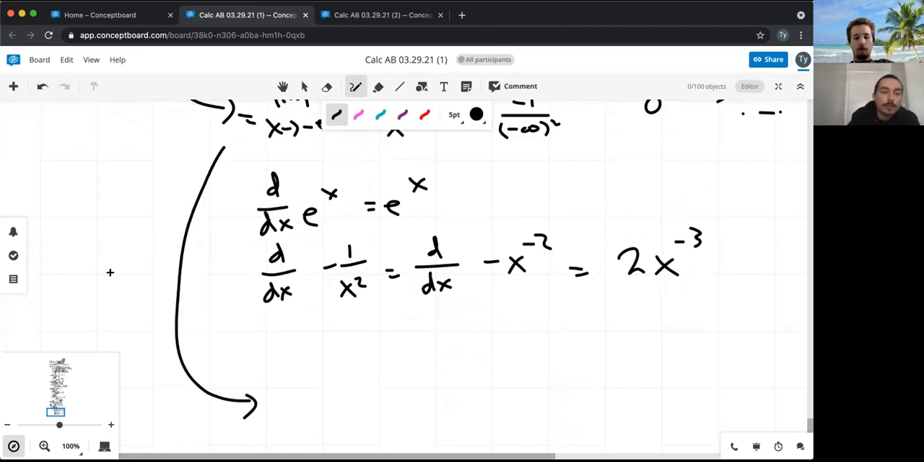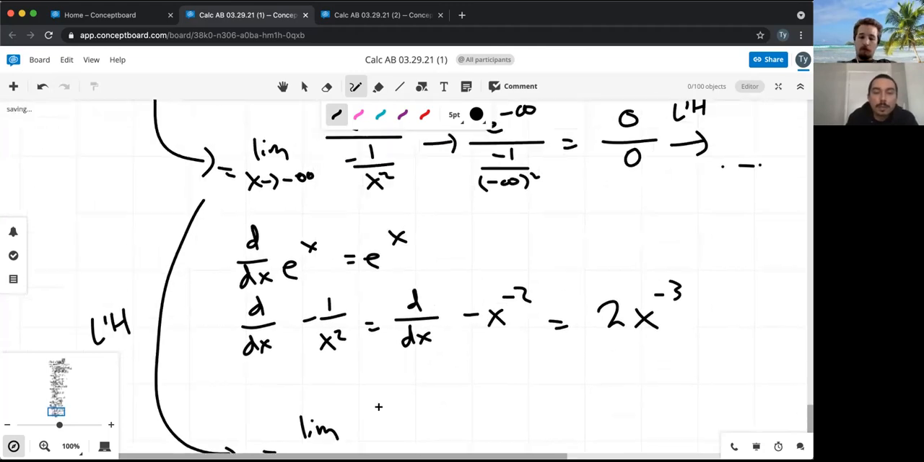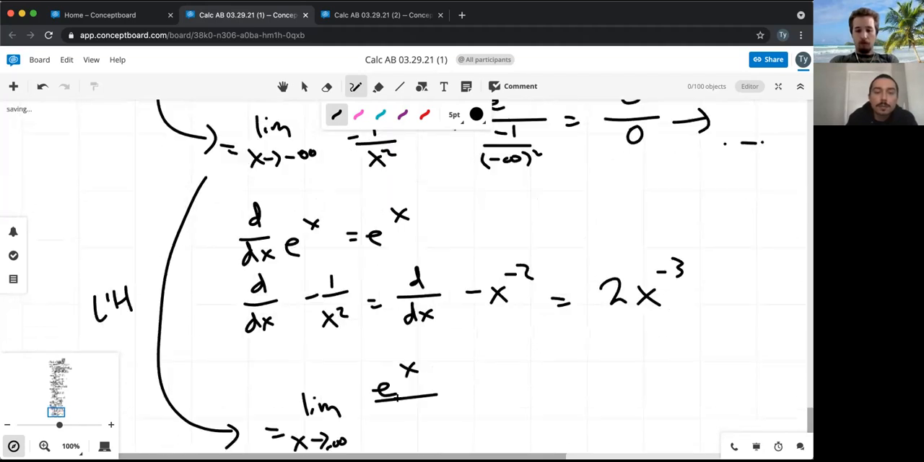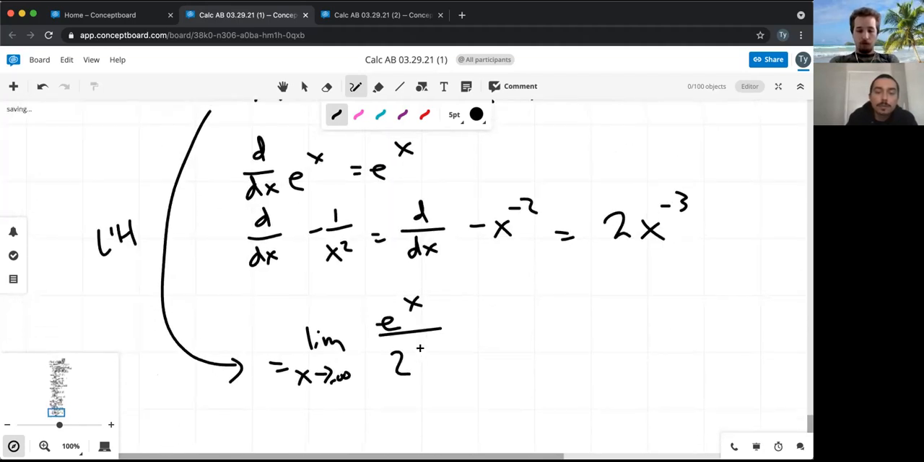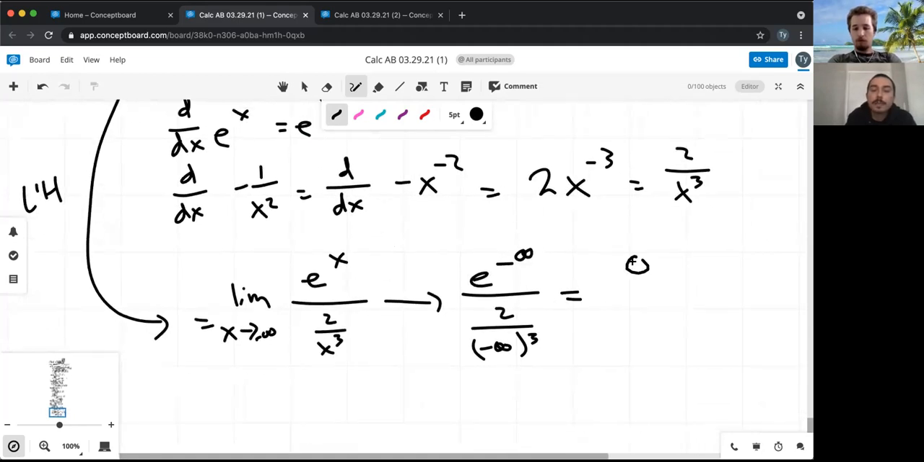All right, by L'Hopital's rule again, we know that this original limit is equal to e to the x divided by 2 times 1. Let me rewrite this. A way you could rewrite this is 2 over x cubed. Let's do direct evaluation. We get e to the negative infinity. Okay, no surprises there. 2 divided by negative infinity cubed. That's 0 over,